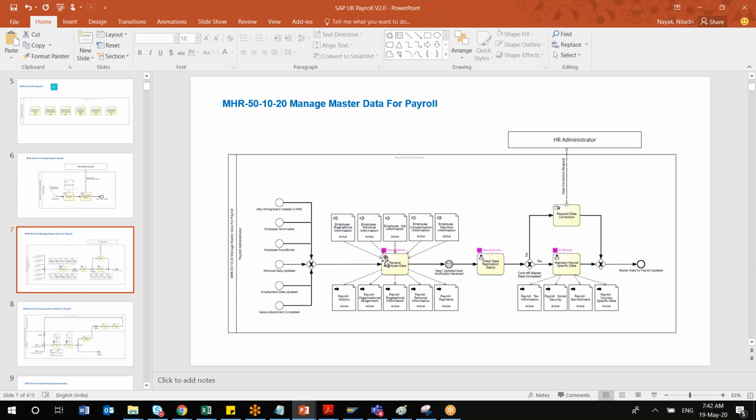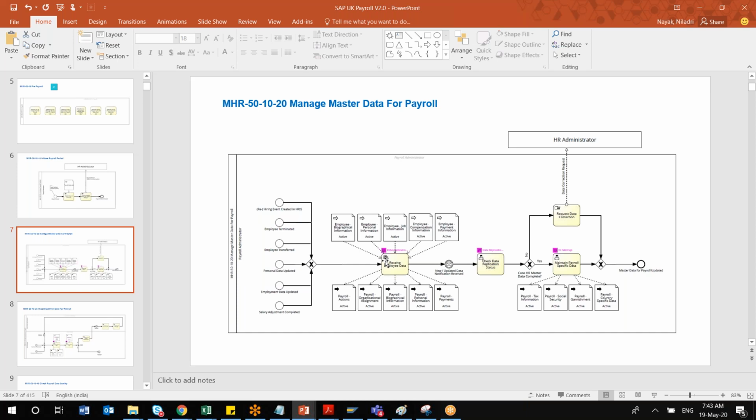Yeah, you're correct. So there are different data replication programs available in SuccessFactors. Whenever you are maintaining any data in Employee Central, if you're working in a SuccessFactors environment, your Employee Central is going to be the source record, meaning that is the single source of truth for any kind of payroll, any data maintenance. So your data will be replicated from your Employee Central to EC payroll, otherwise, that is your on-premise system. When I say on-premise system, your OMPA and all. Okay, so those data will be replicated there.